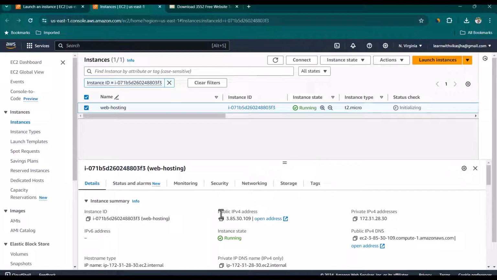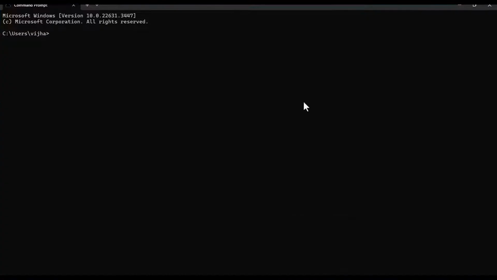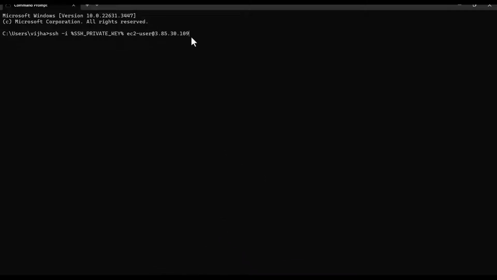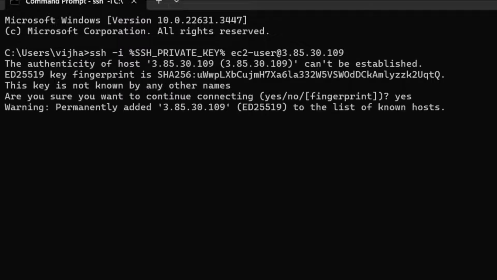Now here you can see it has a public IPv4 address assigned, so we are going to copy it. In order to log in, I'm going to open a command prompt, and then here we need to say ssh -i, and we will need to provide our private key, which you will receive once you create a new key pair. So in my case, it is the SSH private key. And then the default username is ec2-user, and at the rate you need to provide the IP address. So this is how you log into EC2, and here you need to select yes,